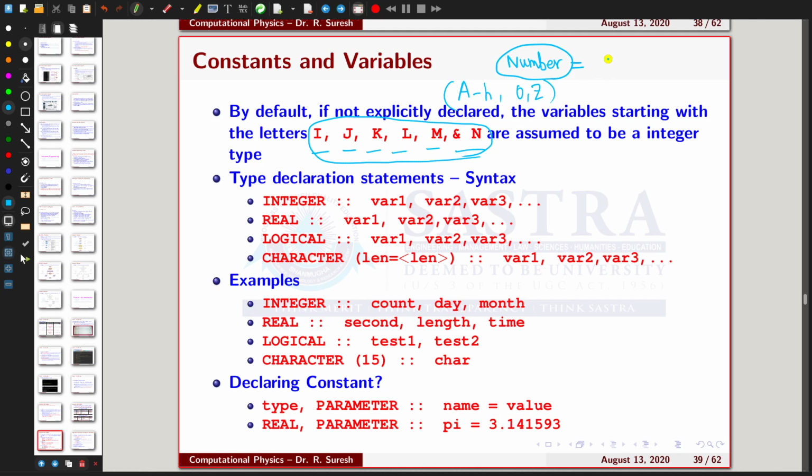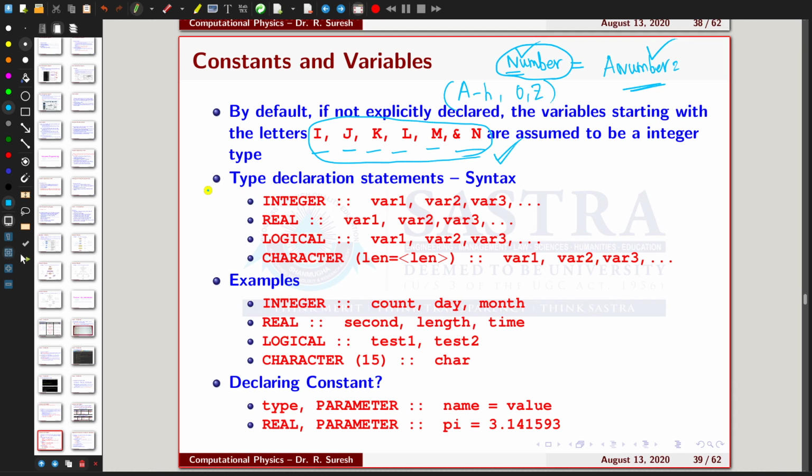For example, if I take A number, then this is taken as a real value, and N number is taken as an integer value because it started with the letter N. So this is actually allowed in Fortran programming, but it is always recommended to mention the type of the variables explicitly in your program. For that you can use different commands, which I can discuss in the later slides.